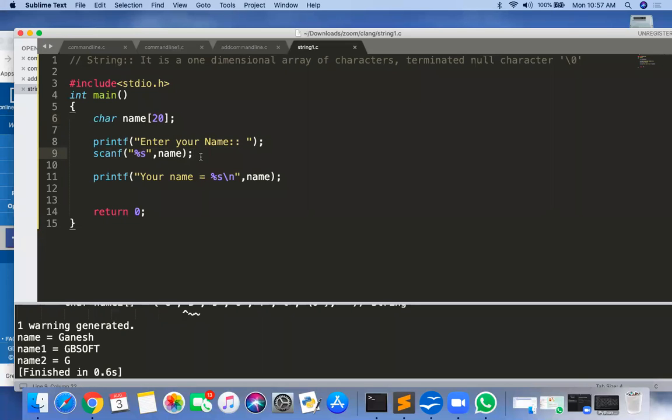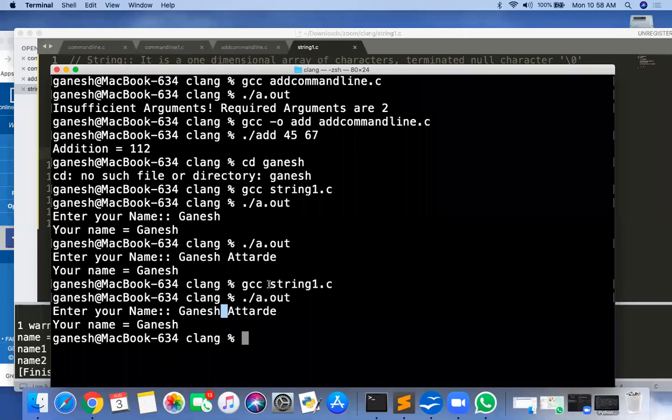So just try to remember, while giving inputs to the scanf function, the 2 inputs should be separated. If I want to give 2 inputs, enter 2 numbers, 10 and 20, how do you enter them? You can enter 10 space 20, 10 enter 20, or 10 tab 20. So if you want to give more than one input, then all the inputs should be separated by either space, tab, or enter.